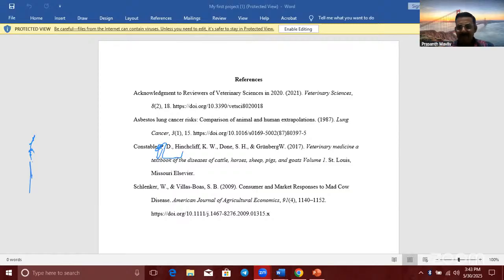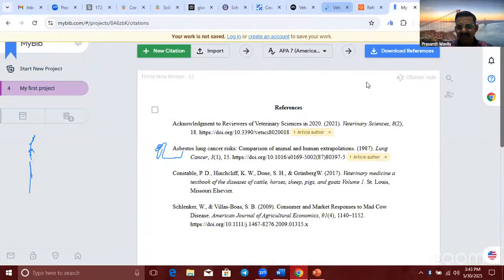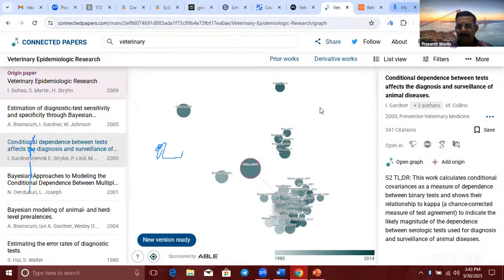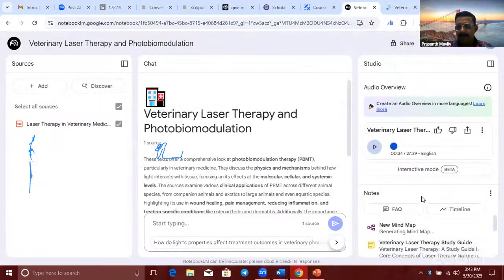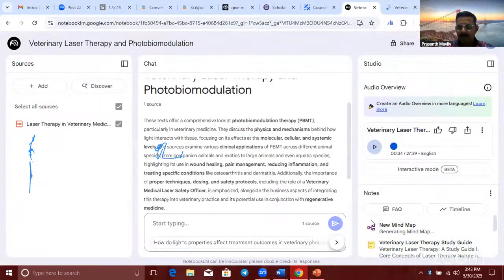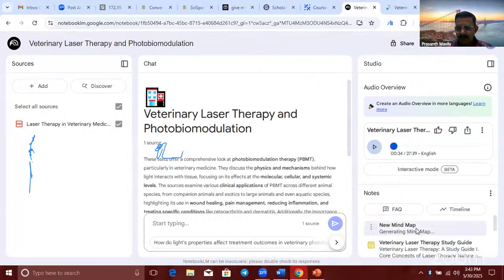Yeah, mind map. Let me check, one minute. It is very useful. Mind map, we can, one minute. Let me check. No, it's not generated because of the heaviness.